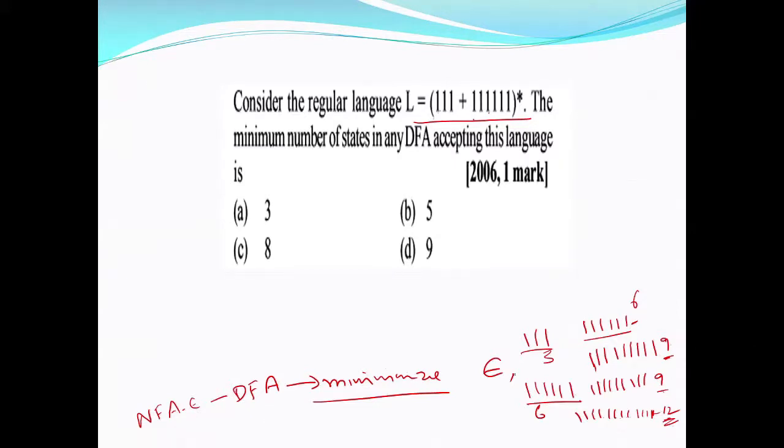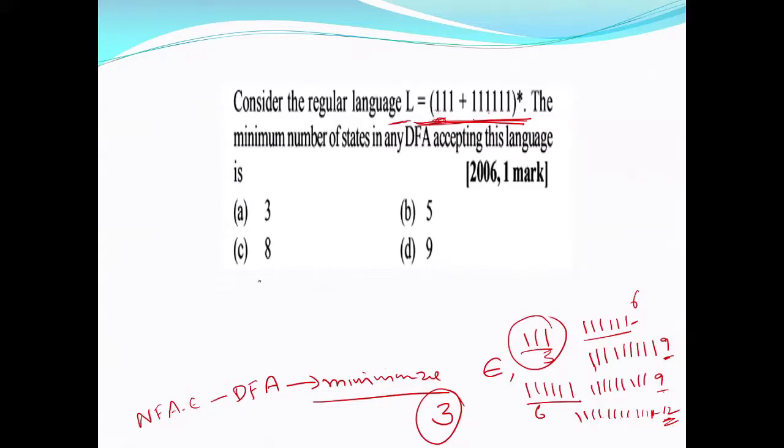What do you observe here? The number of ones in this language is divisible by 3. You can observe that, right? So you get 0 ones or 3 ones or 6 ones or 9 ones. If you combine these two, you get 6 plus 6, 12 or 18 or 21. Suppose you combine this and this, then you get 9 or 12. It is incrementing by 3, by 3, by 3. That means the strings in this language contain ones where the number of ones is divisible by 3.